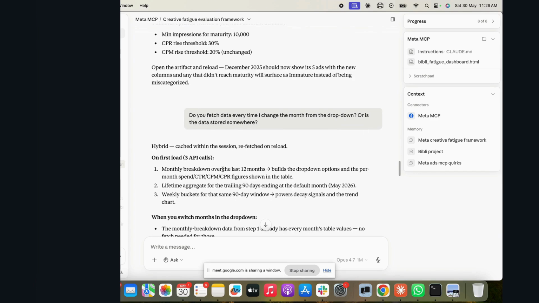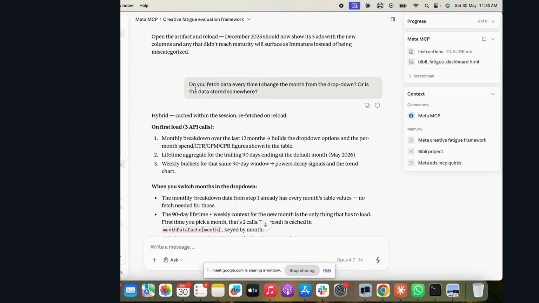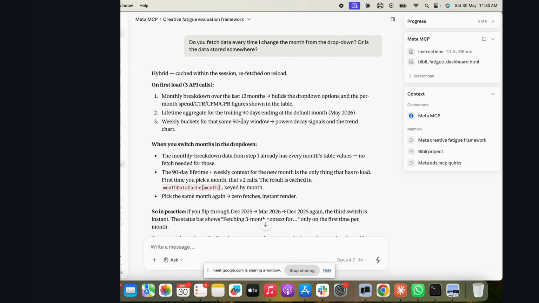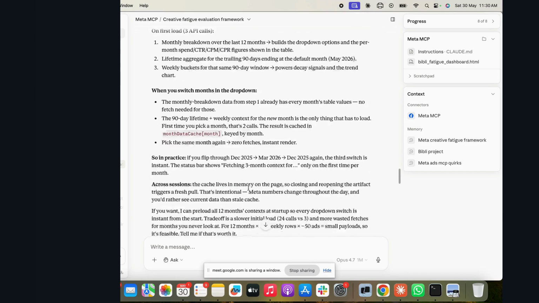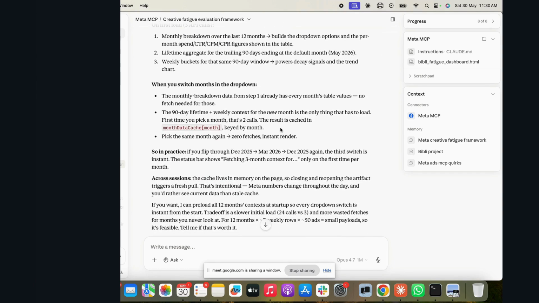So this is going a bit back and forth in terms of what the right framework and the right metrics should be. Over here I had a question: do you fetch this data every time, or do you save it somewhere? And it is saving some of it, and some is fetched as well. So again, you can define all of these things.